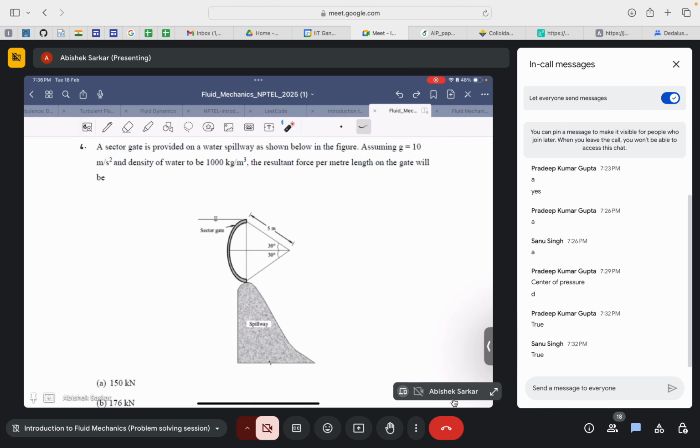It's again easy. It will be 5 cos 30 plus 5 cos 30. So 2 into 5 cos 30 times 1. So that will be the projected area. And then times rho g h. h_c again, the center of gravity, would be again 5 cos 30. Okay, I'm giving you hints. So like this you can find the